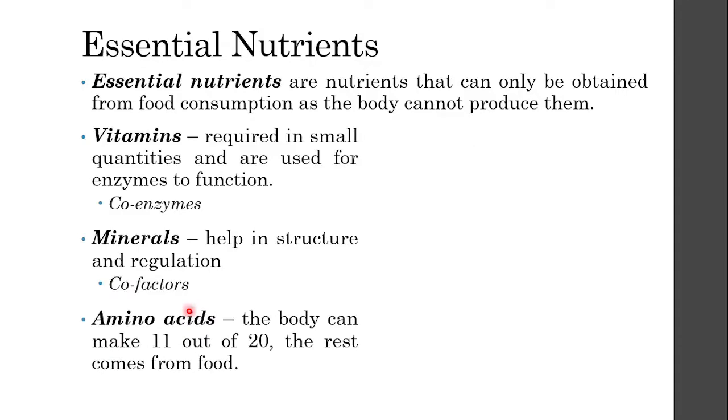And then we also have amino acids. Like I mentioned, the body can only make 11 out of the 20 important amino acids. The rest should come from food. And this is important because our body has to maintain homeostasis. If you remember our discussion from lesson 7, homeostasis is basically the internal balance in our body. If our body's temperature is too high, our body will pull it down. If our temperature is too low, it will pull it up. We have to be in a normal range in order to survive. And a lot of the heat that we get in our body to maintain homeostasis comes from metabolism.